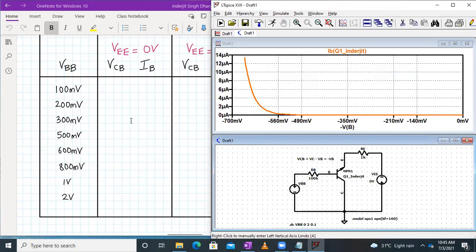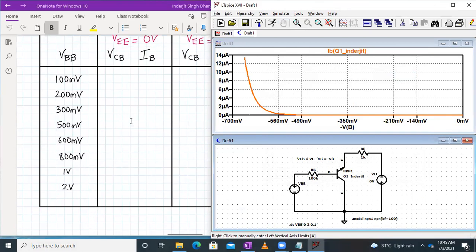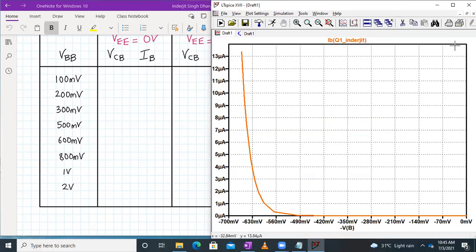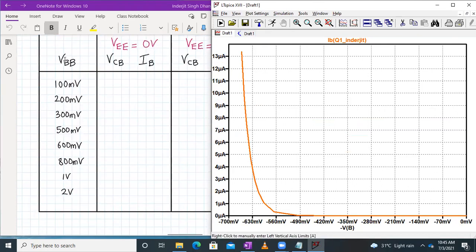Okay, so this will be the plot, using an NPN transistor. For VBB variation of 0 to 2 volts, we have to note down the variation of IB and VCB.